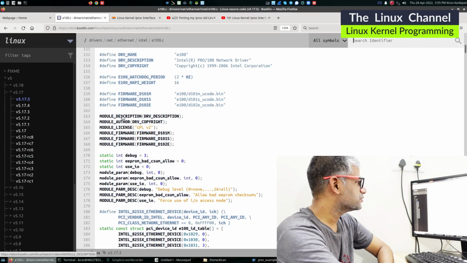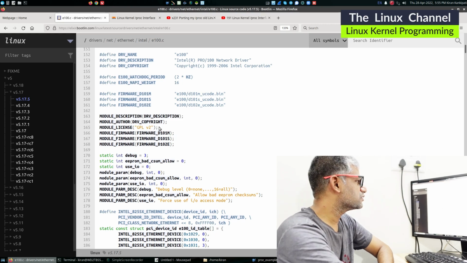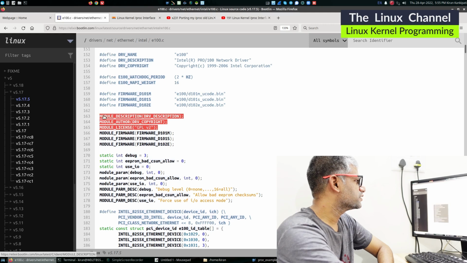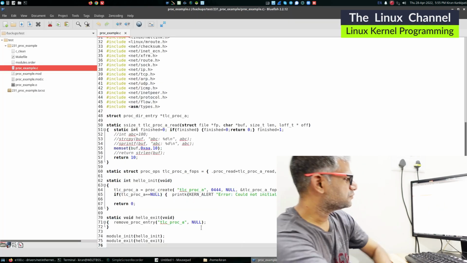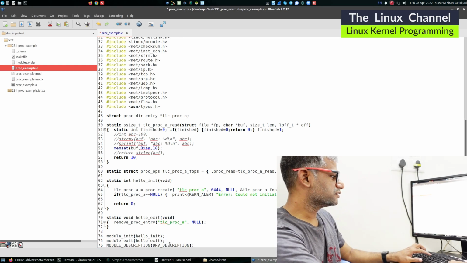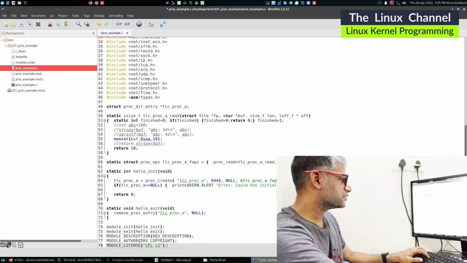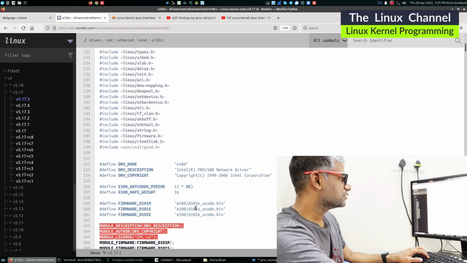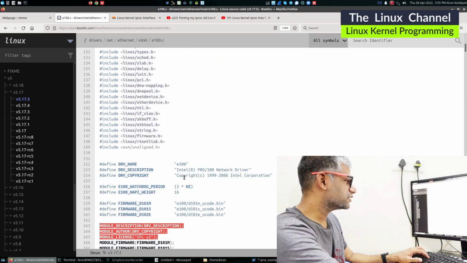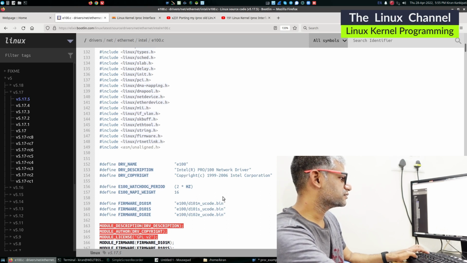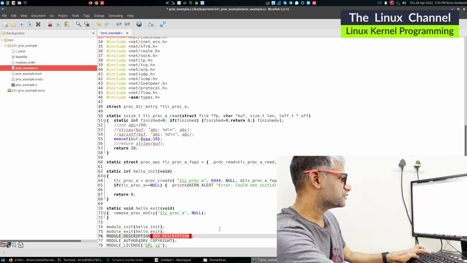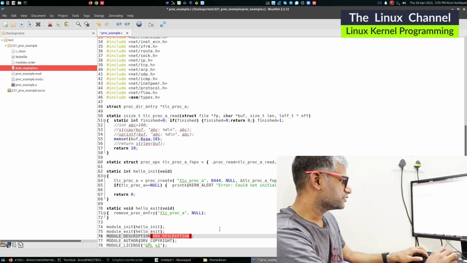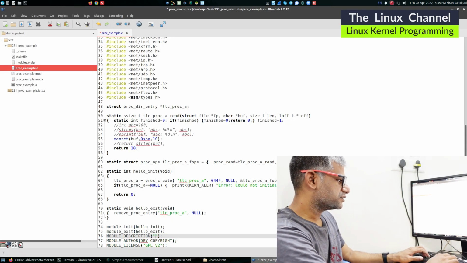So as you see here, you have this module description, author, owner, and stuff like that. So possibly you can copy the same, and you can add over here, somewhere over here. Hopefully this should be sufficient. Module description, yeah, they have done this hash define, so we can directly add this description as it is. So module driver description, we can just add, instead of that we can just add a sample proc